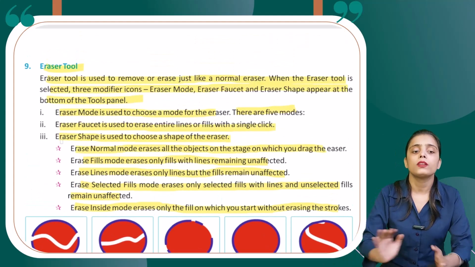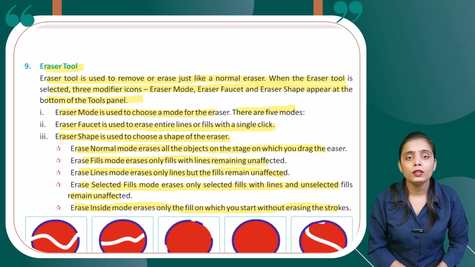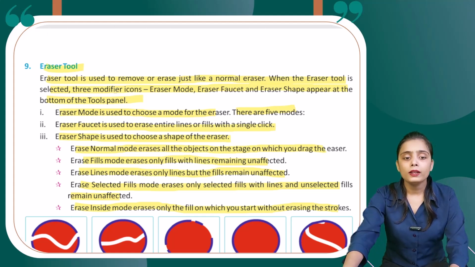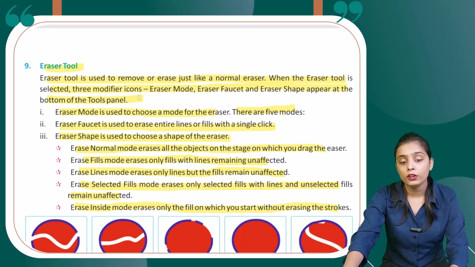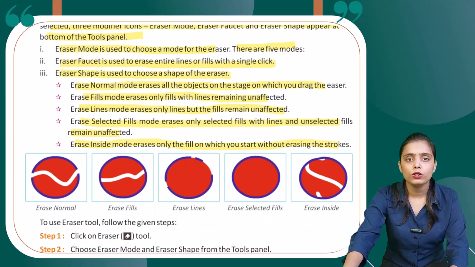So बच्चों बेसिकली इसका मतलब क्या है, इरेजर टूल जो होता है आपको अगर कोई पार्ट इरेज करना है आपके ऑब्जेक्ट का, then you can use eraser tool. ये नॉर्मल इरेजर की तरह वर्क करती है। 3 आइकन्स बच्चों मॉडिफायर आइकन्स होते हैं, एक इरेजर मोड, इरेजर फॉसेट एंड इरेजर शेप। इरेजर मोड बच्चों 5 मोड्स प्रेजेंट है। फॉसेट में आप क्या कर सकते हो, is used to erase entire lines and fills with a single click. ओके, और इरेजर शेप में आप अपने शेप चूज कर सकते हो किसकी, इरेजर की।